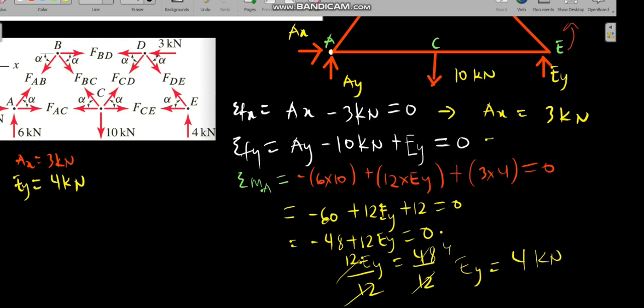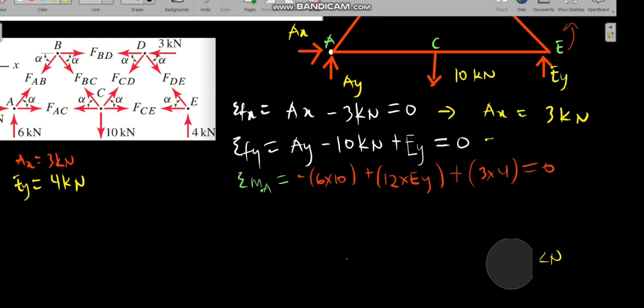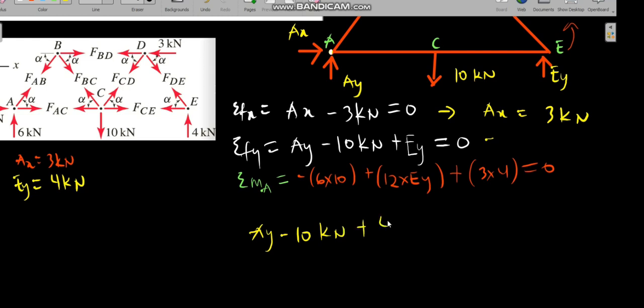So now let's go ahead and do that one also. Let me clean this part here. We know that the sum of the forces in the y direction, Ay minus 10 kilonewton plus Ey, and I know Ey is now 4 kilonewton, should be equal to 0. So 10 kilonewton minus 10 kilonewton plus 4 kilonewton, that gives minus 6. So Ay minus 6 kilonewton